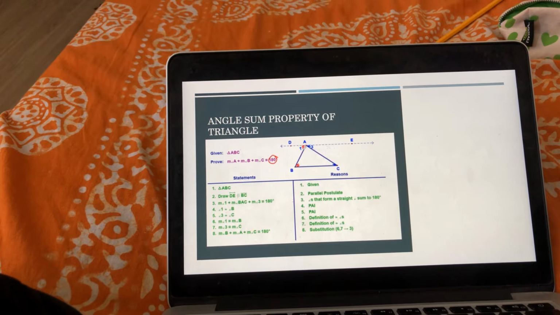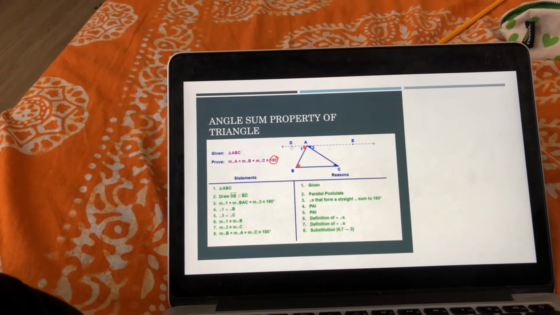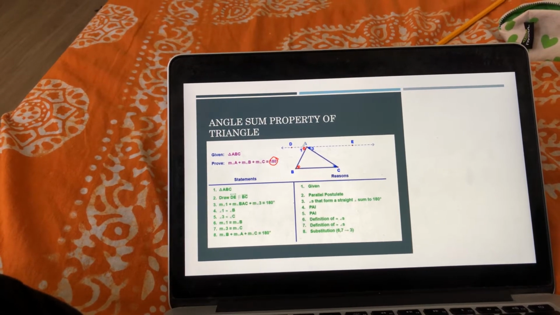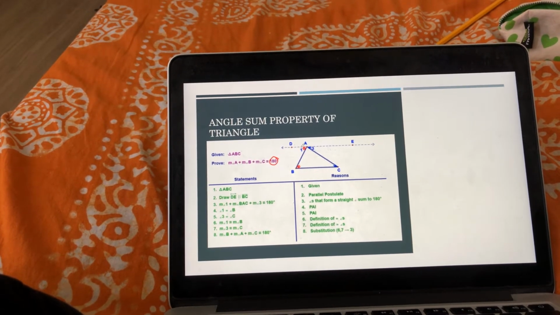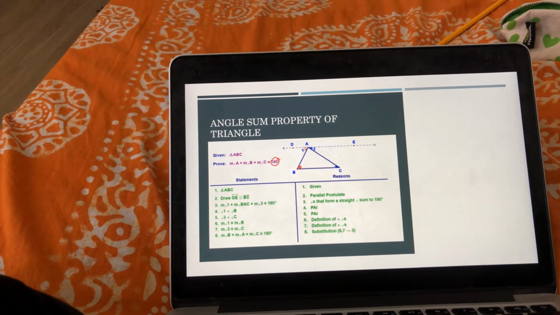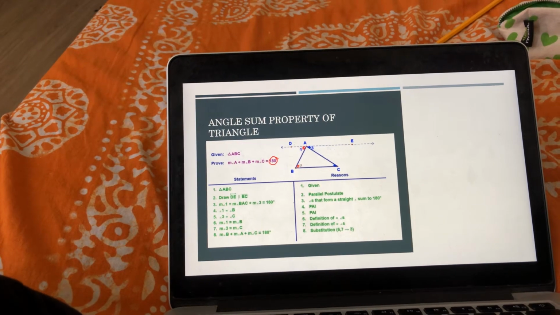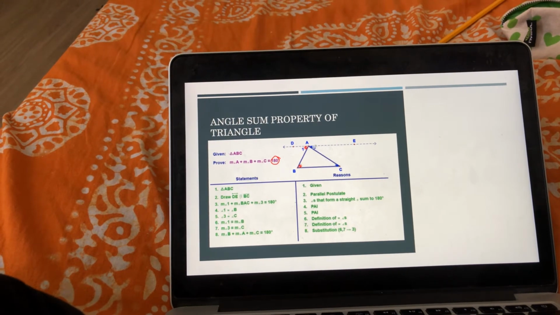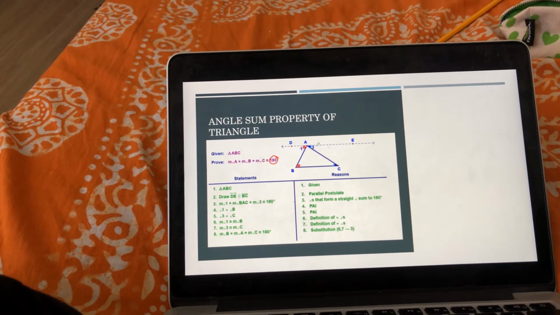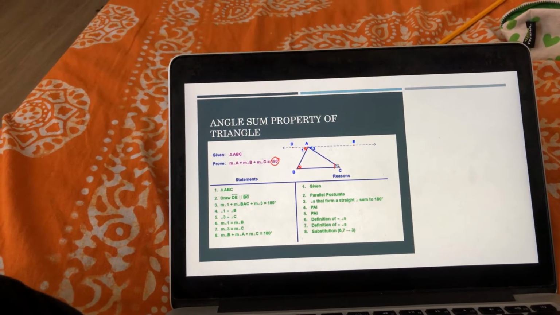So it creates an angle 1 over here and angle 3 over here. So AB is a transversal. So angle 1 and angle B will be the alternate interior angles of the transversal. But from the properties of lines and angles that we have studied, these two angles are equal. So angle 1 is basically equal to angle B. Same concept can be applied to this side as well. So AC is a transversal. So angle 3 and angle C must be equal. So angle 3 is equal to angle C.